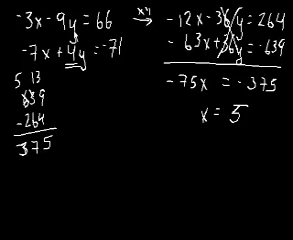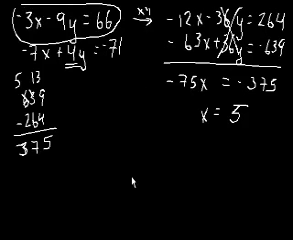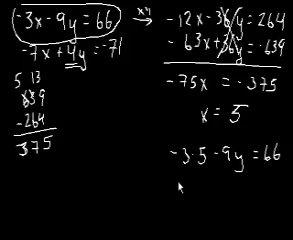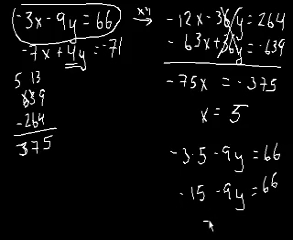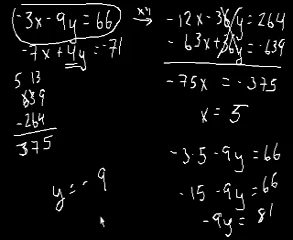So if x is 5, we just substitute back into, let's use this equation. So we get minus 3 times 5 minus 9y is equal to 66. So we get minus 15 minus 9y is equal to 66. Minus 9y is equal to 81. And then we get y is equal to minus 9. So the answer is